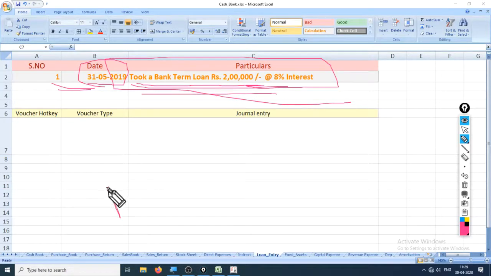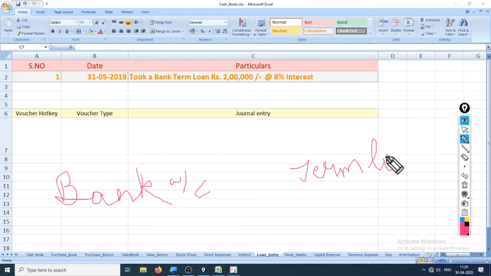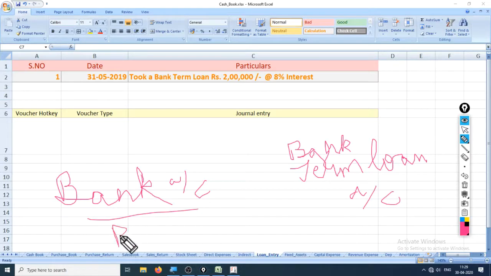Before moving on to the entry, you should know that there is a difference between a bank account and a bank term loan account. You should not be confused between the two. Bank account is a personal account, while bank term loan account,